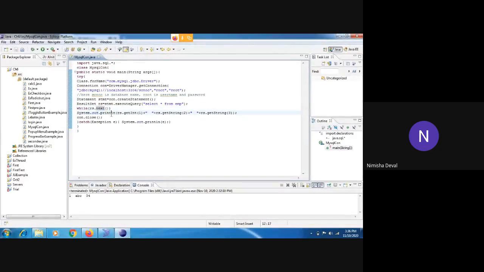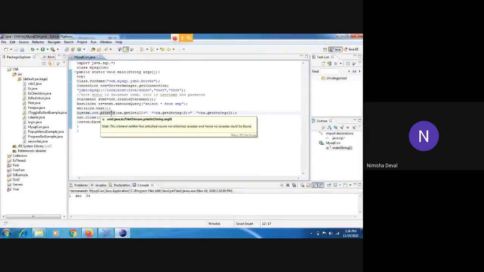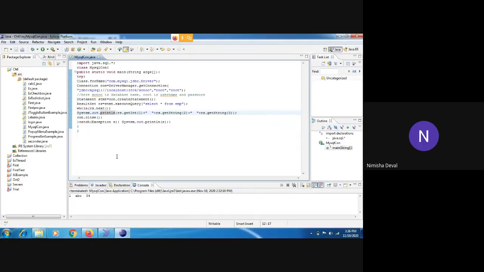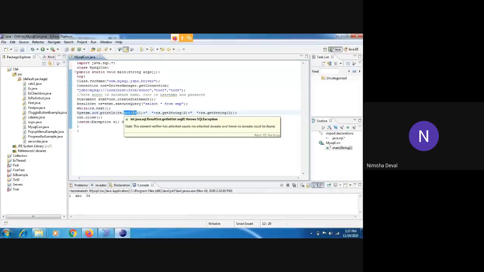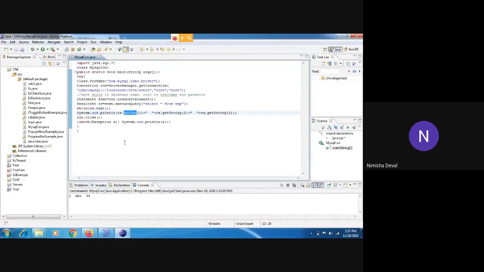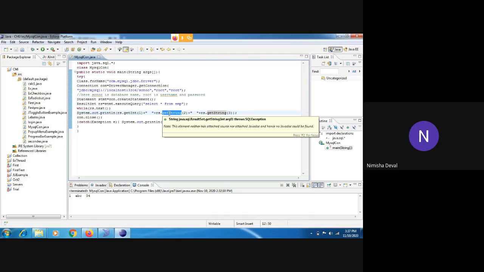Then which values you want to print, because different columns are there. According to our requirement, we are fetching the columns. Right now we have fetched all the columns, only three columns are there, but for printing you should print in some sequence. For that sequence, first one is getInt. I have written getInt here because id is in integer format, so this is the first column in our table. Then getString. Whatever values are present in the second column are in the format of a string. This is the second column, and